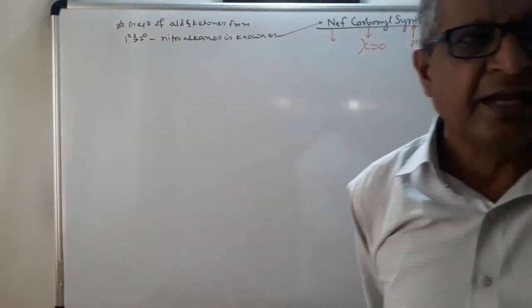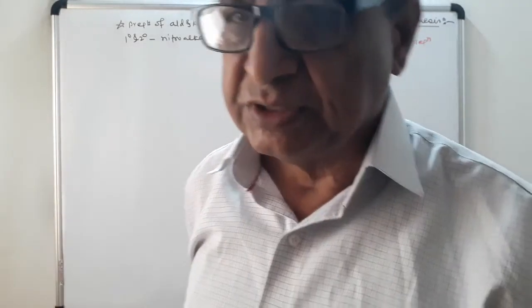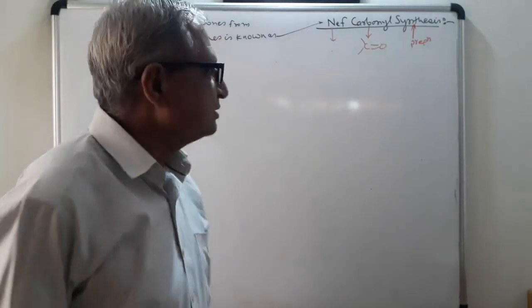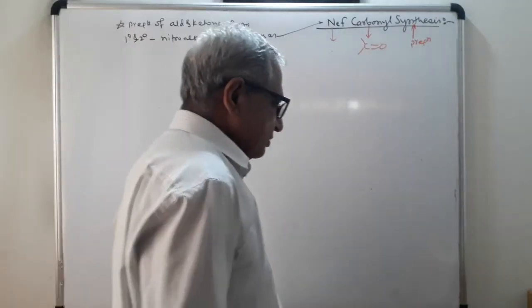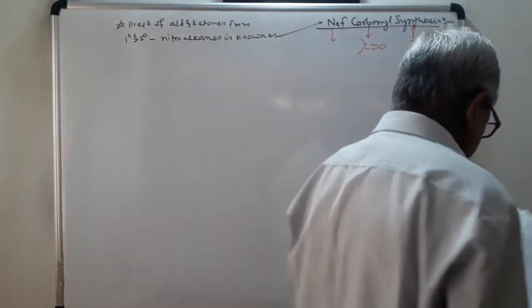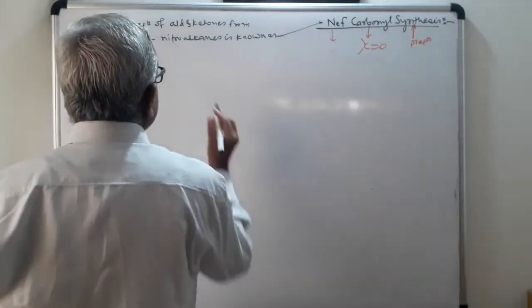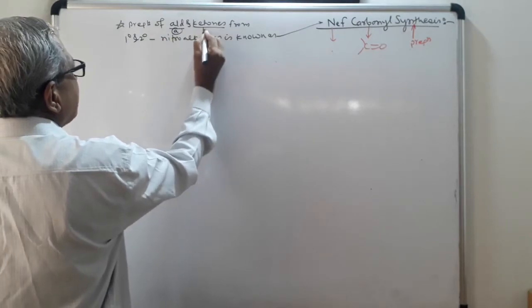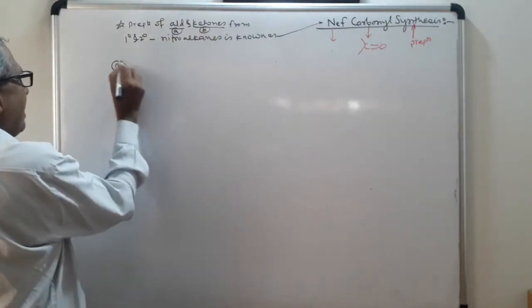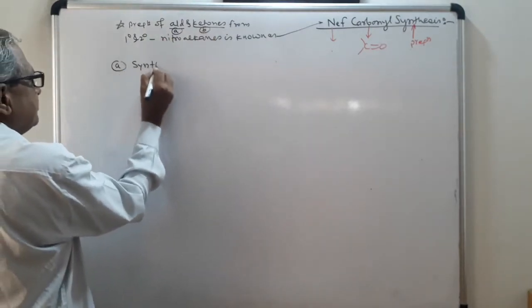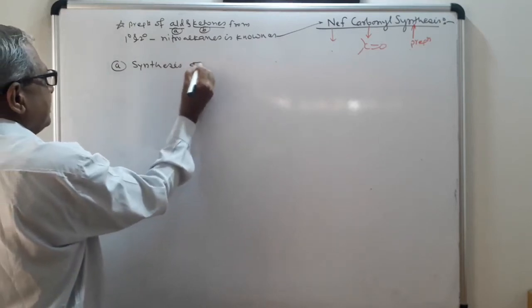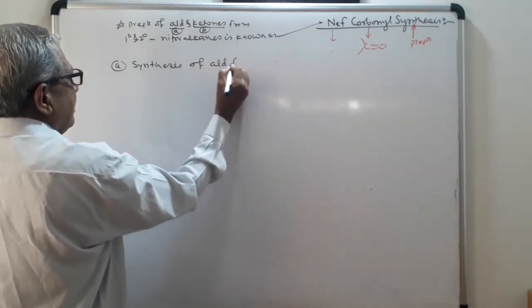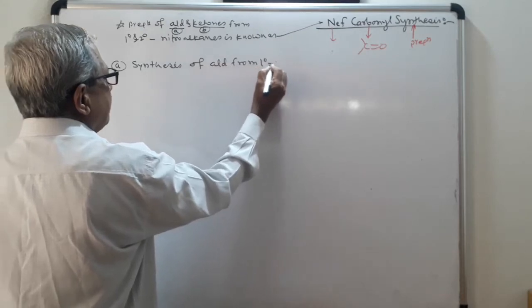Preparation of aldehyde and ketone from primary and secondary nitroalkane is known as Nef carbonyl synthesis. So I will make here A part for aldehyde and B part for ketone. A part, synthesis, that is the preparation of aldehyde from primary